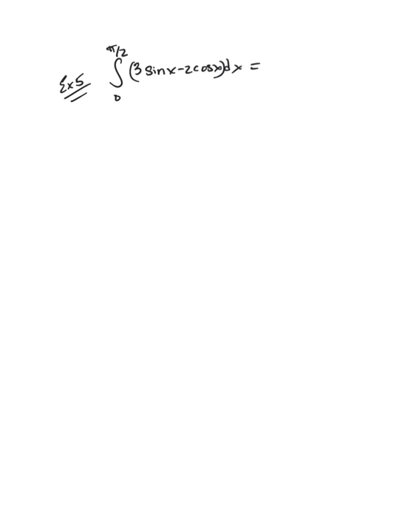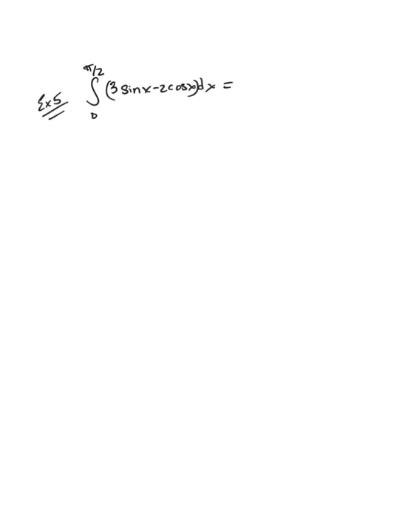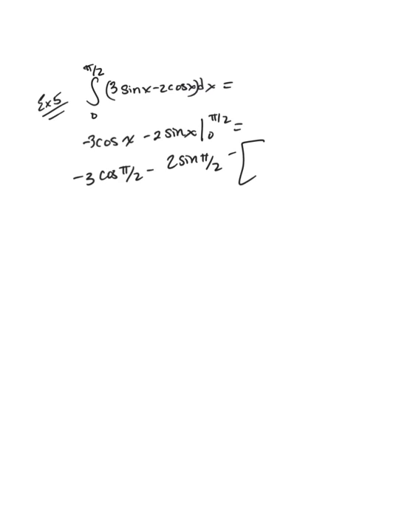Okay, number 1. What has a derivative of sine x? That is correct. Negative cosine x. Put the 3 in front there. What has a derivative of negative cosine x? Well, just keep the negative. Sine x has a derivative of cosine x. Bar 0 to pi over 2. Pi over 2 goes in first. Negative 3 times cosine of pi over 2 minus 2 times sine of pi over 2 minus the quantity,